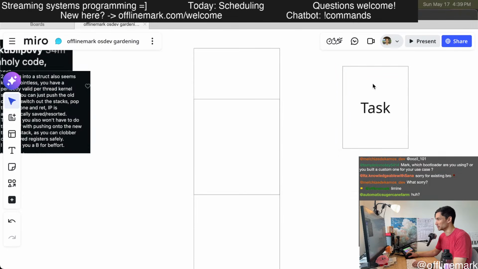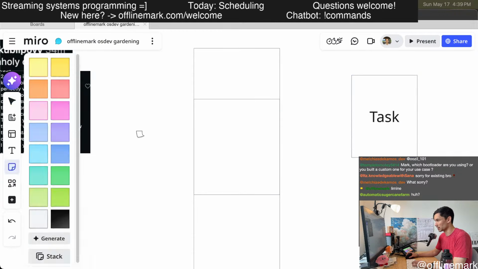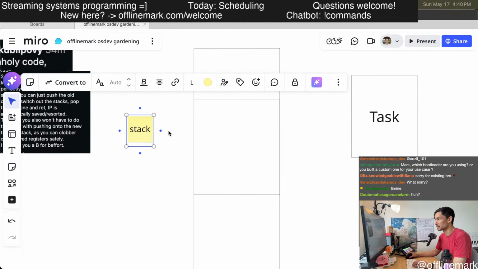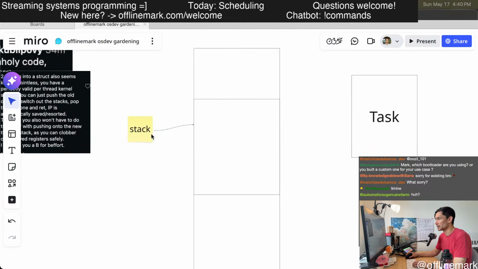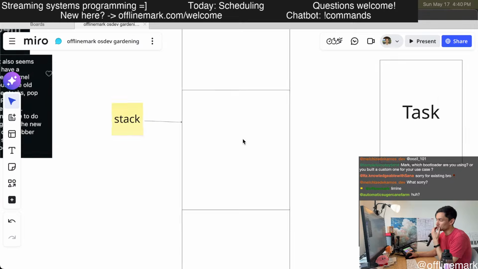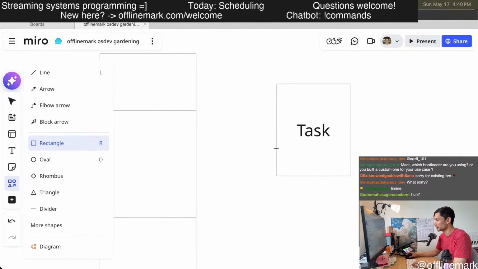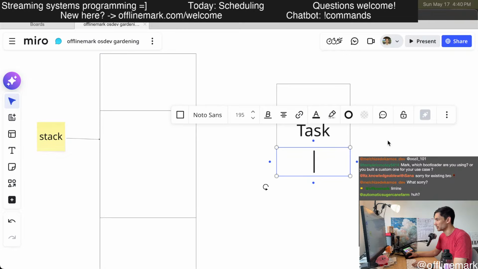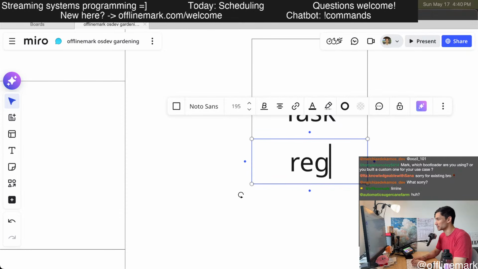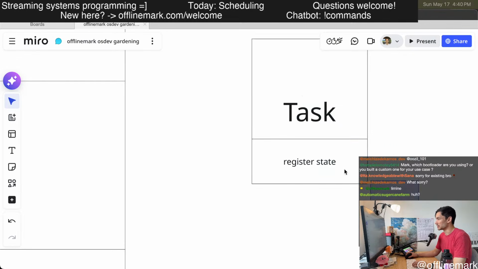Realistically, it's also in memory somewhere, but I'll just put it to the side. And then here is our stack. Currently, there is this block inside the task. That's the register state. It's inside the task.